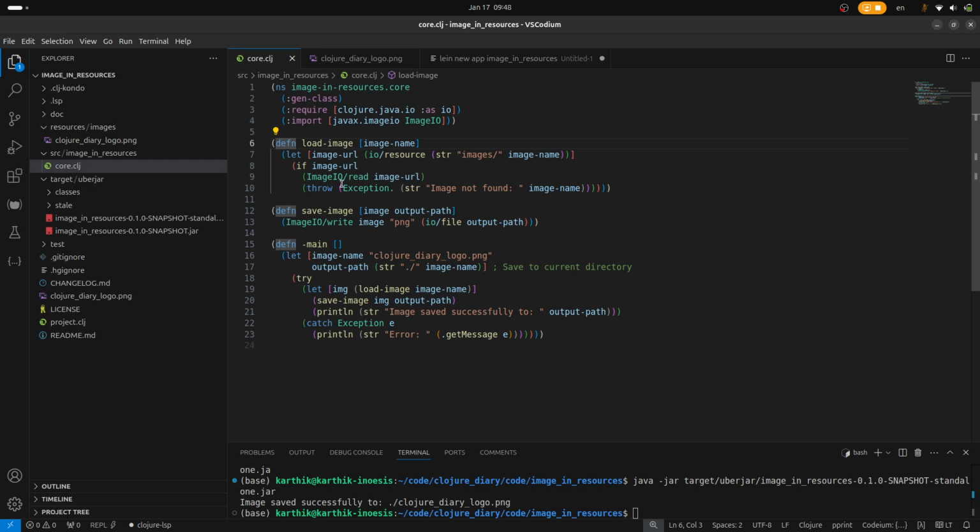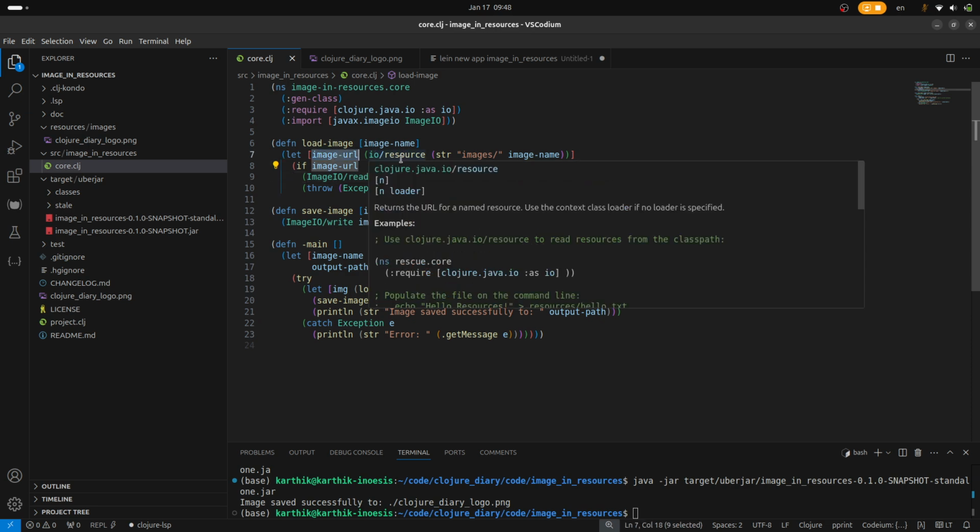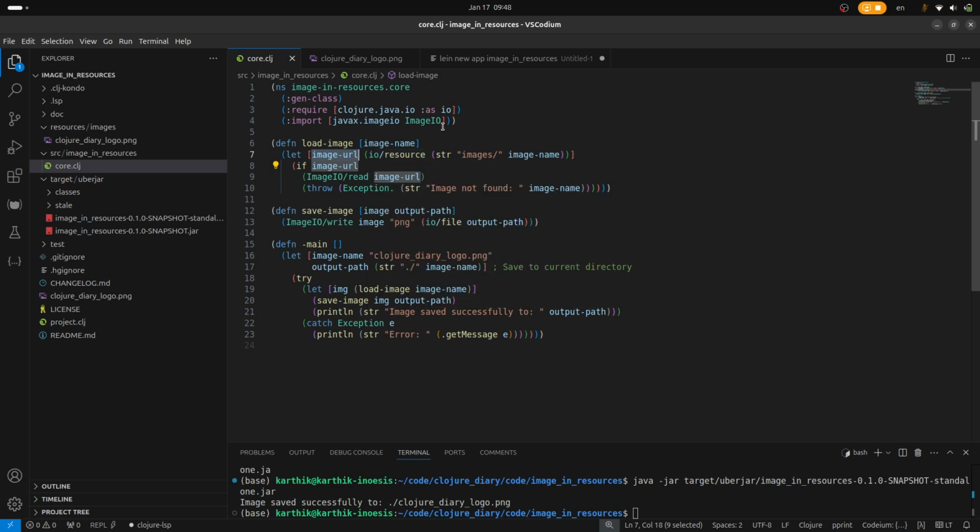Okay, and this is where the trick happens. We have this image URL, so this is IO resources. That means it's not from a folder, it is from this resources thing. And even if you bundle it as a jar, imagine that